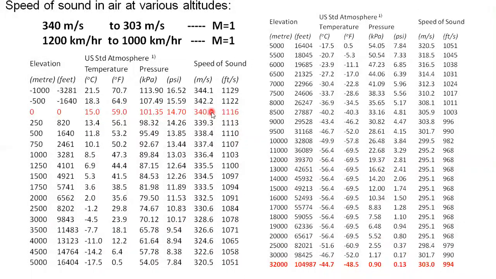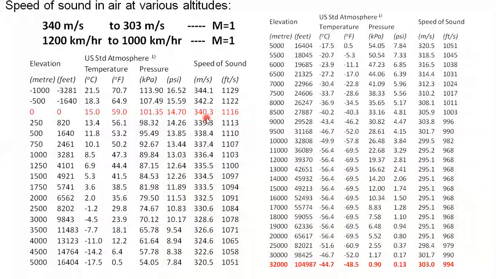So if you convert this meter per second into kilometer per hour, that is what we are used to, then 340 meter per second corresponds to 1200 kilometer per hour. So at sea level, to achieve Mach number equal to 1, you have to ride your vehicle at say 1200 kilometer per hour, and you can reach up to a sonic condition, and if you cross this 1200 kilometer per hour speed, then probably you can enter into the supersonic